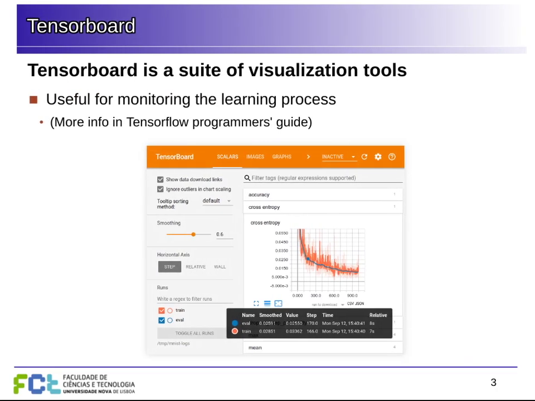So let's see first what Tensorboard is. This is a suite of visualization tools that you can use to examine your models, to monitor learning, and to basically have a neat interface for visualizing what's happening with your models. We're going to look at just a few features, but Tensorboard is always in development, so you can accompany this with the programmer's guide and online tutorials and so on if you want to go into more detail. The idea for this course is just to get you started and to understand the basics of how to use